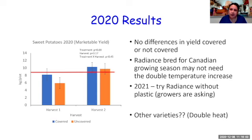We covered the plots with our floating row cover for approximately 4 weeks after planting. And you can see here that we have no difference in yield between the uncovered and covered plots, regardless of whether we were doing harvest 1 or harvest 2. We think that the most likely explanation for this, and why our results differ from the Brown et al. study,